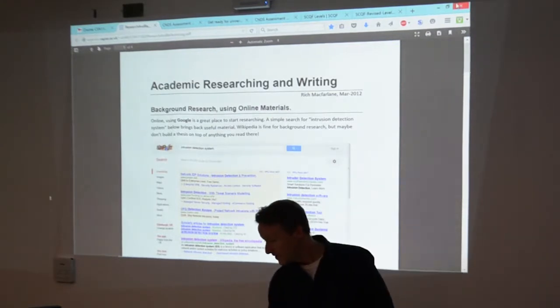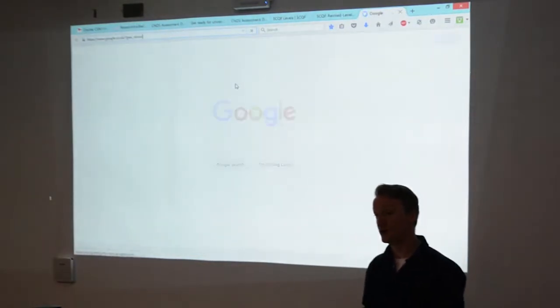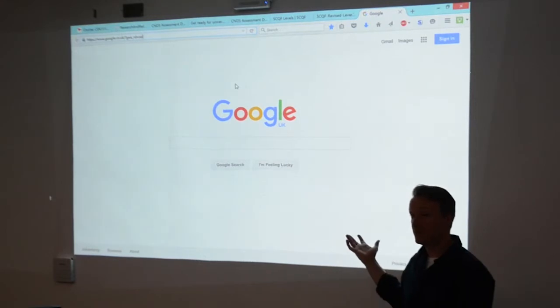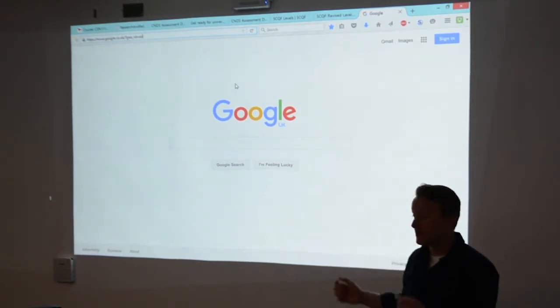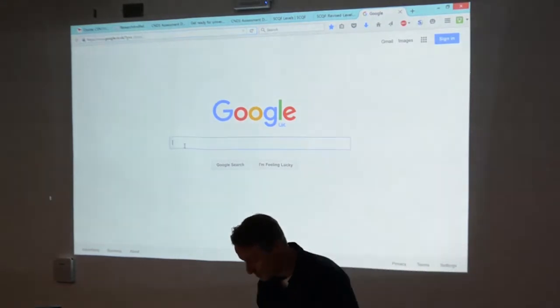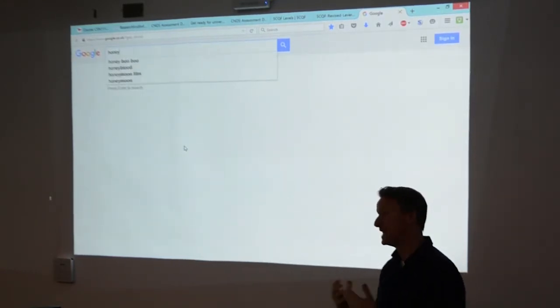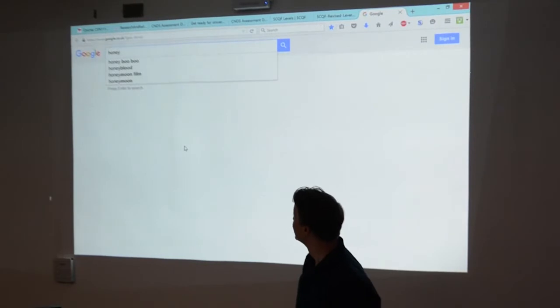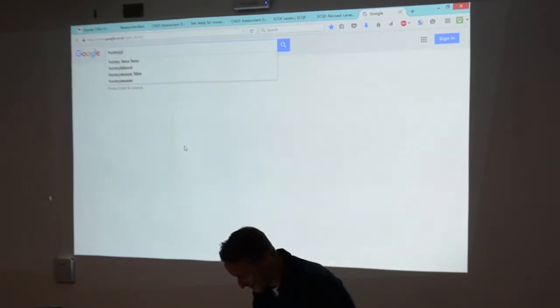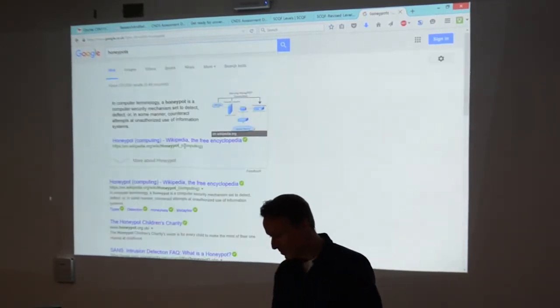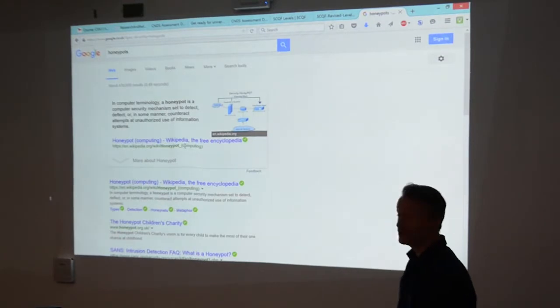Okay, so probably anything we want to research, say I want a new pair of jeans, where do we start? We probably start with Google. So it's the same thing. If we want to start looking for honeypots and we really don't know what honeypots are, or we don't know what a conclusion is, or we don't know what an introduction is, or we don't know anything, we definitely don't want Honey Boo Boo. So we want honeypots, then it's a good starting point.